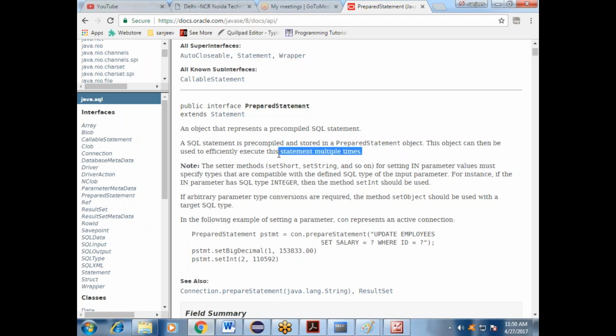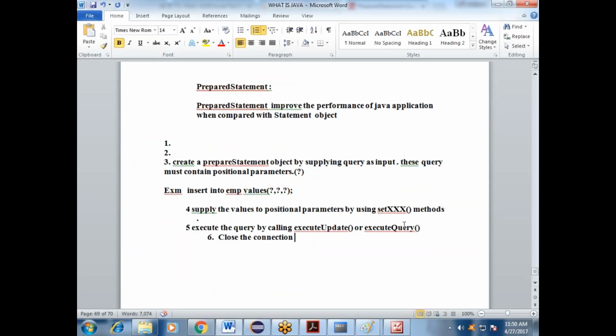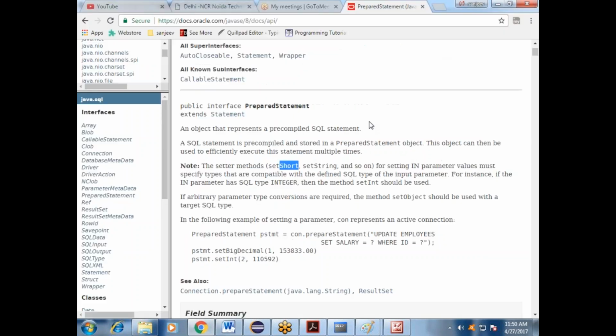They are used multiple times. Suppose we then have setter methods. We have setShort, and right now we have put based on the short type. We have a put here. As a developer, you will understand that after the set method, you have some class name. See, we have a class name and so on. This is predefined. That's what they mention there.